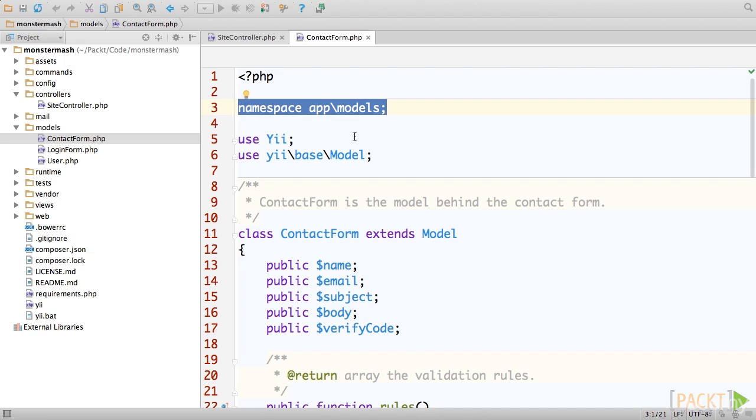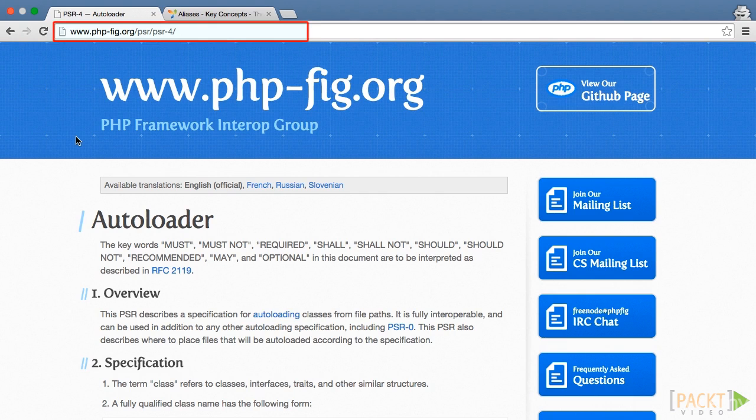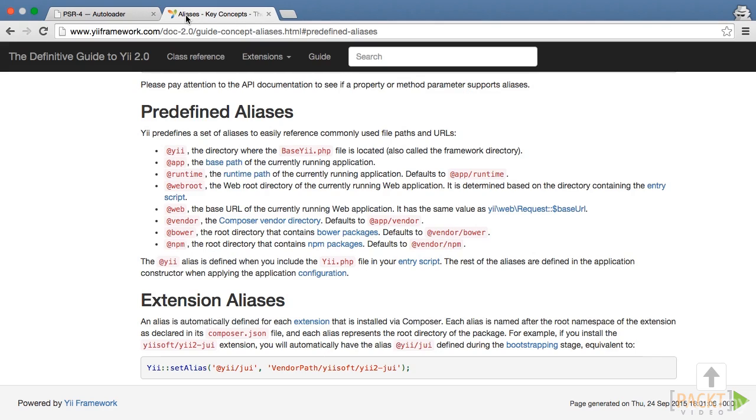For more information on the PSR-4 standard, visit www.php-fig.org/psr/psr-4. Yii defines several aliases to make life easier. For instance, @yii refers to the framework directory, while @web refers to the directory containing your index.php. A full list can be found at www.yiiframework.com/doc-2.0/guide-concept-aliases.html